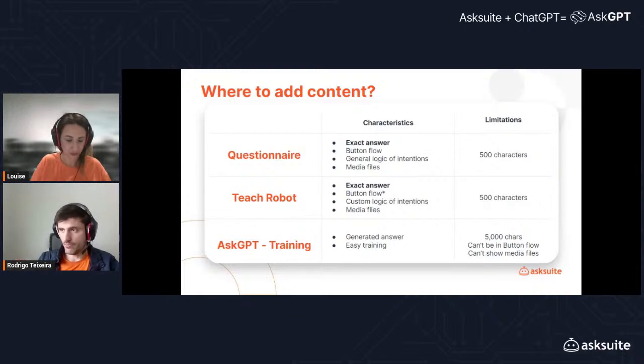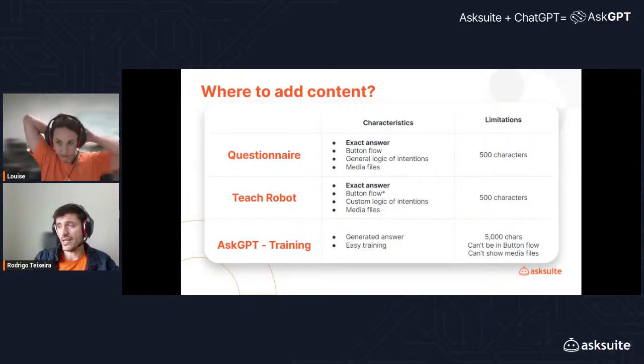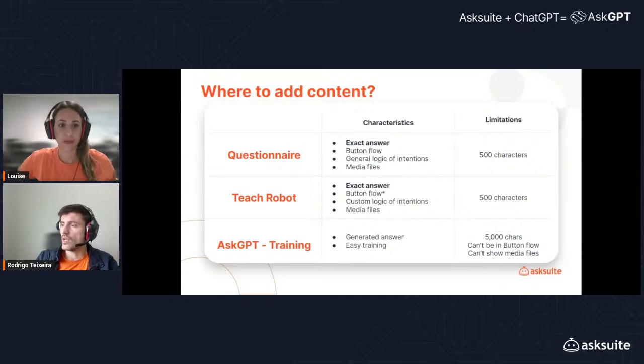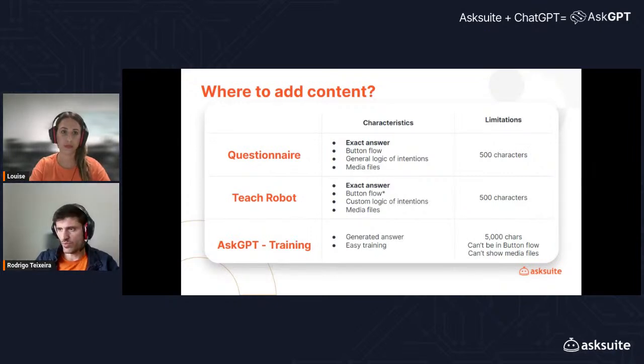On the other hand, AskGPT is easier to train because by teaching only one generic question with a lot of content, as Louise showed before, it will be able to understand a wide range of questions and topics and respond appropriately. So if you want to fully control the response, it's better to prioritize the questionnaire and Teach Robot.